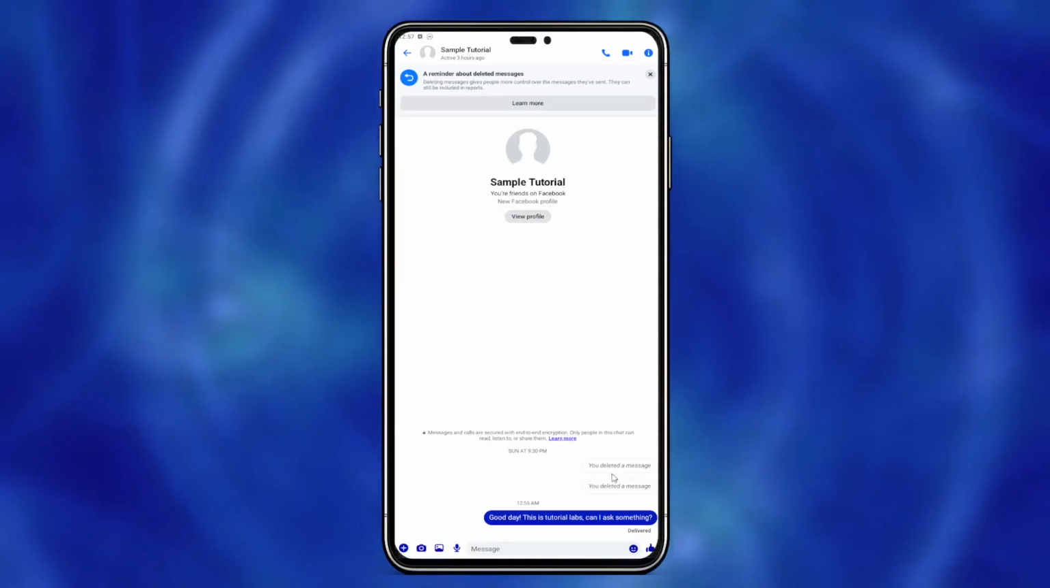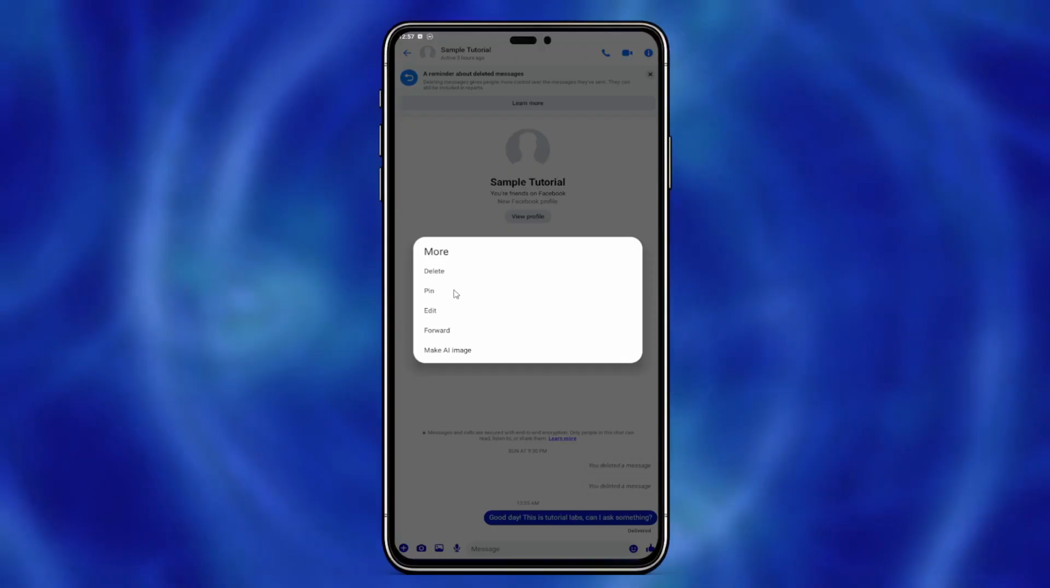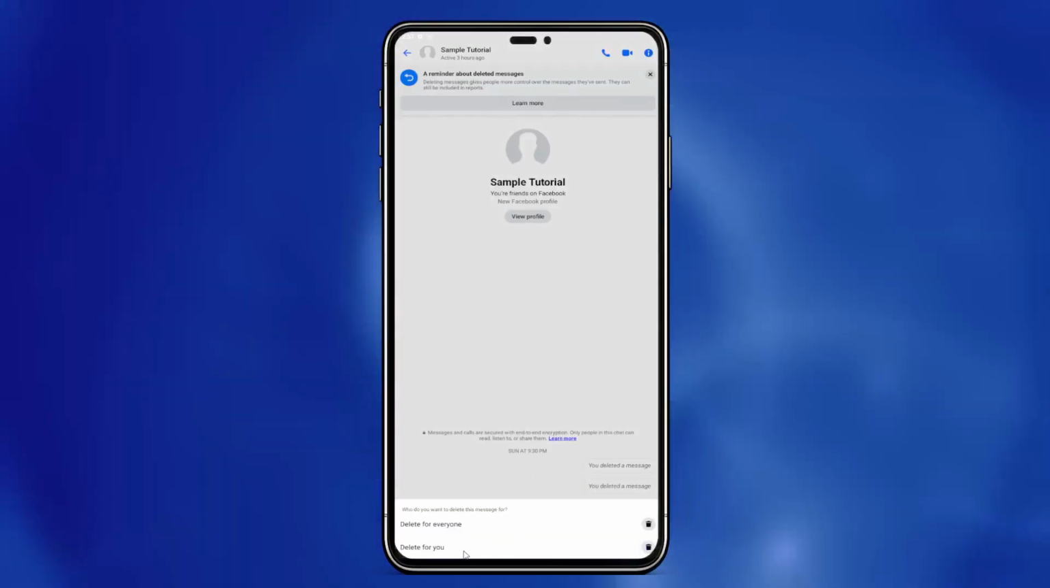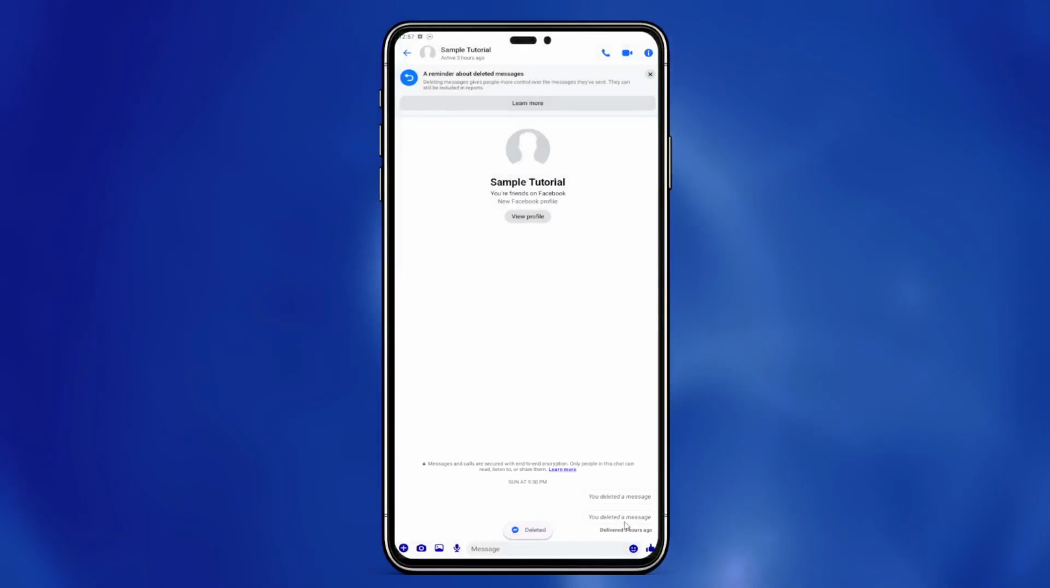Next, let's try the other option. Hold down another message you want to remove, then click Delete again. This time, click Delete for you instead. This option works differently because it only removes the message from your own view of the conversation. You can see that the message disappears from your screen, but the other person or people in the chat can still see it on their end. This is helpful when you want to clean up your own chat history without affecting what others see,